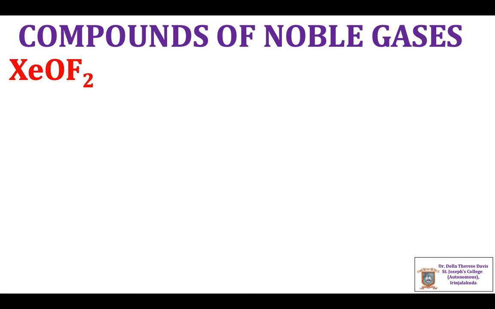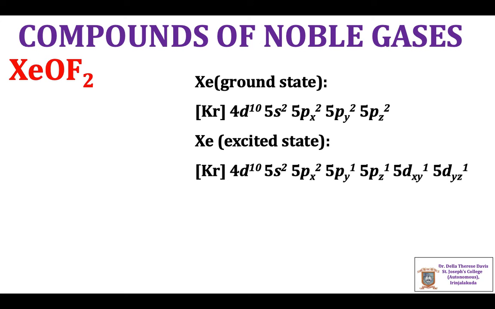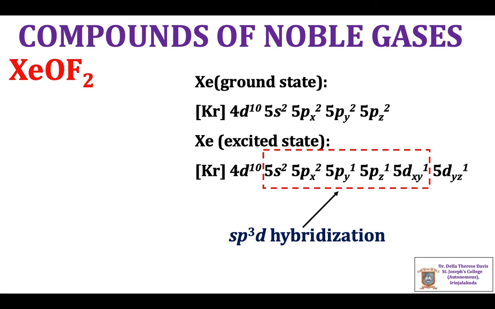Next comes Xenon oxofluorides, and the first one is Xenon Oxydifluoride, XeOF2. Here in the excited state of xenon, 2 p electrons are excited to d orbitals. Xenon undergoes sp3d hybridization to form 5 hybridized orbitals,